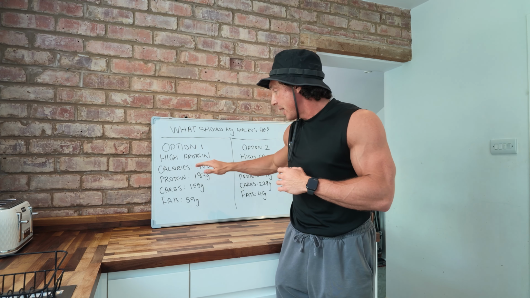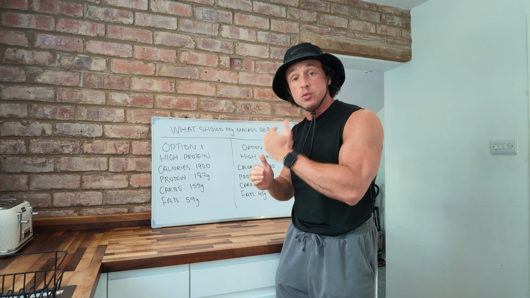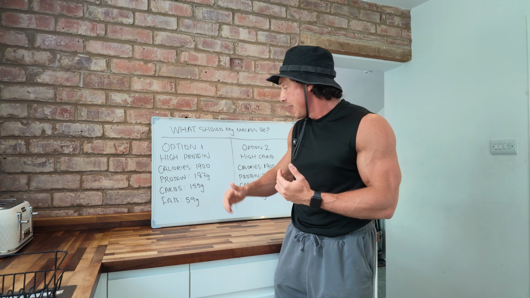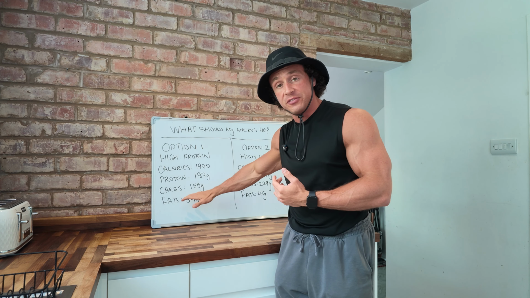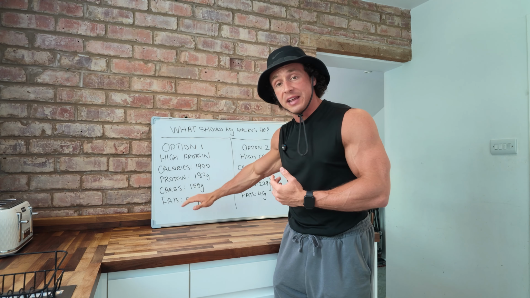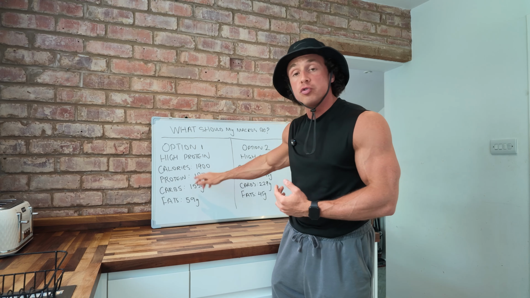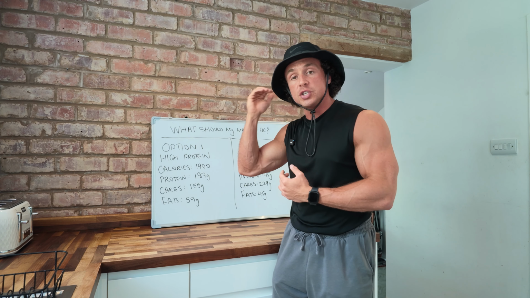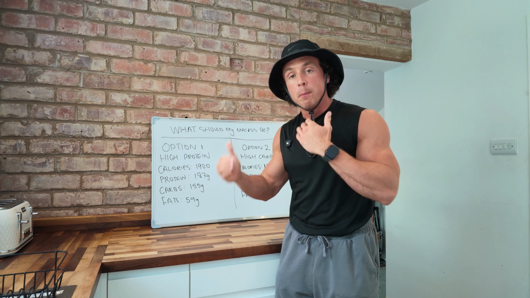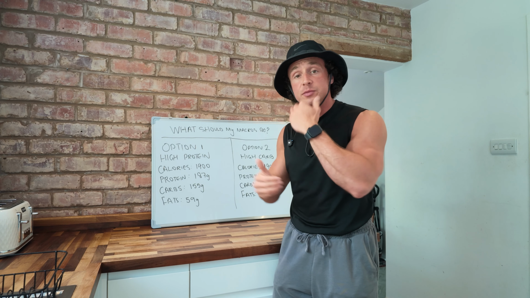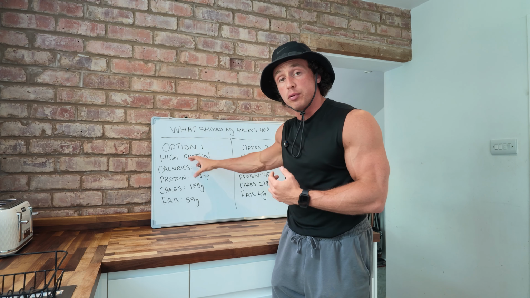We've got the protein set at 187 grams, which is 2.2 times kg of body weight. And then I'm going to set the fats at 59. So set your protein, set your fats, and then the rest is built up through the carbs. The carbs come in at 155 grams of carbs, which is on the lower end for a diet. But if you prefer your higher protein because it keeps you satiated, then this is the approach that I would